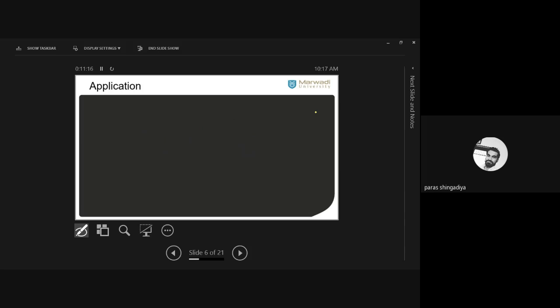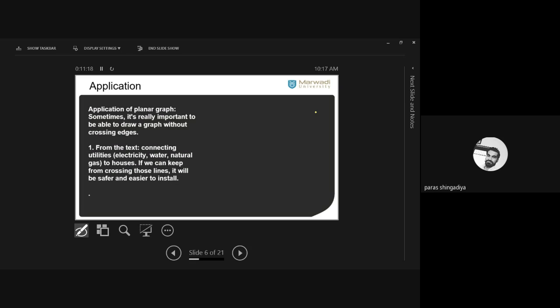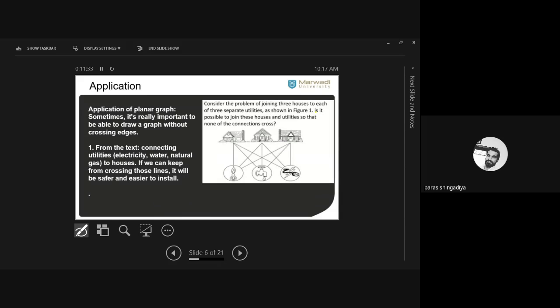And then after that we discuss the applications part, clear? We just read all of these applications, and you should also map this concept to a real life problem. Okay? So that is the first application. And here one example is given of why it is required in such real life utilities. Okay, what is the importance of planar and non-planar graphs in real life? So we have three utilities in real life: electricity, then water pipeline, and gas pipeline to the houses.